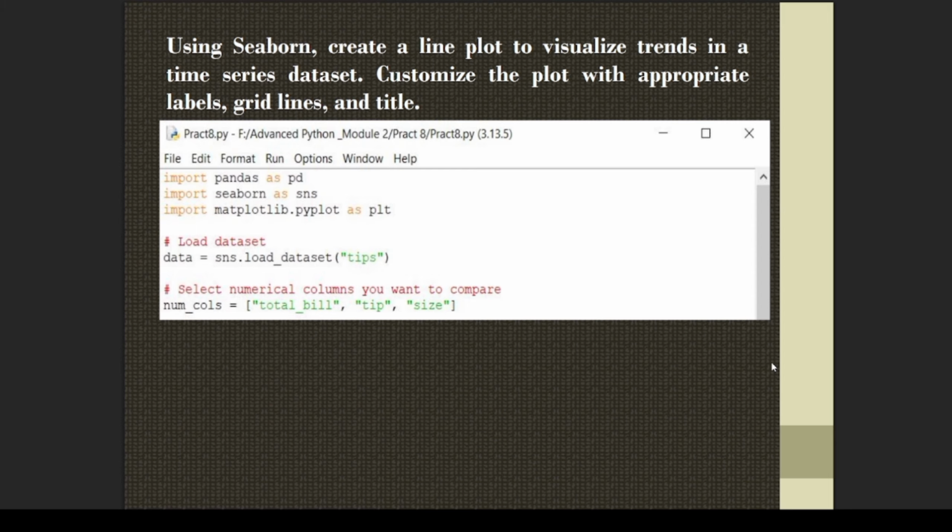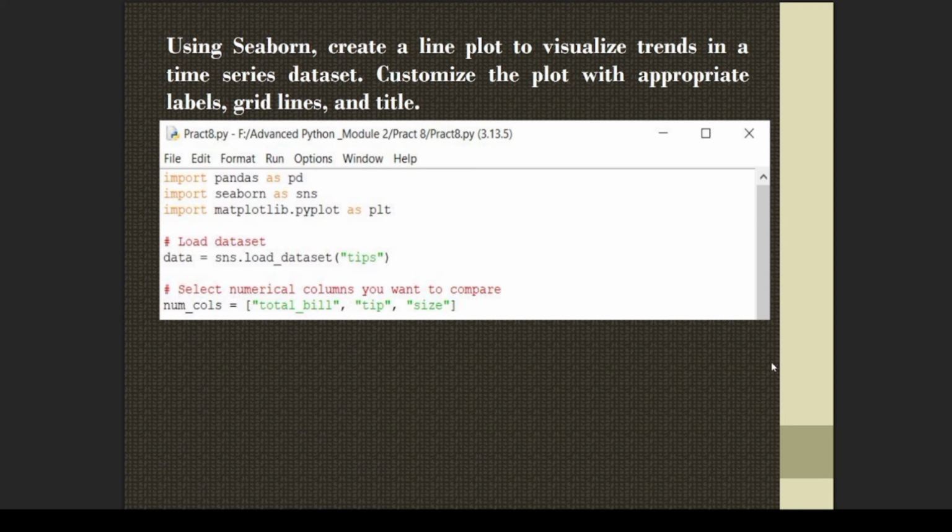This data contains restaurant data. For example, we have the total bill of 16.99, and the tip, the size and the time. So the total bill is around 16.99 and then the tip would be 1.66, the size would be 2, and the time, whether it is dinner or lunch.